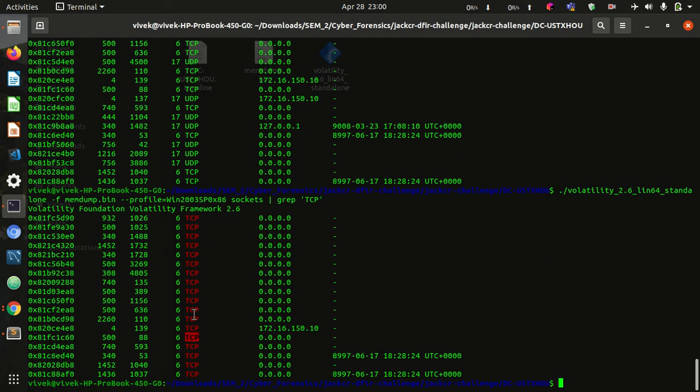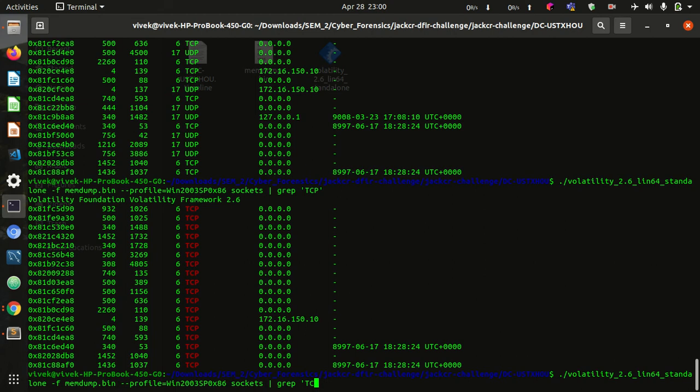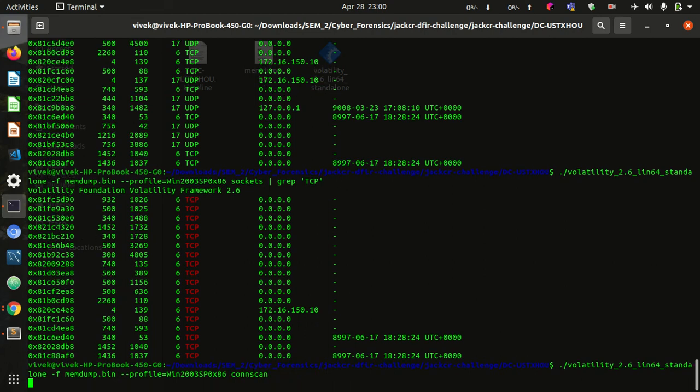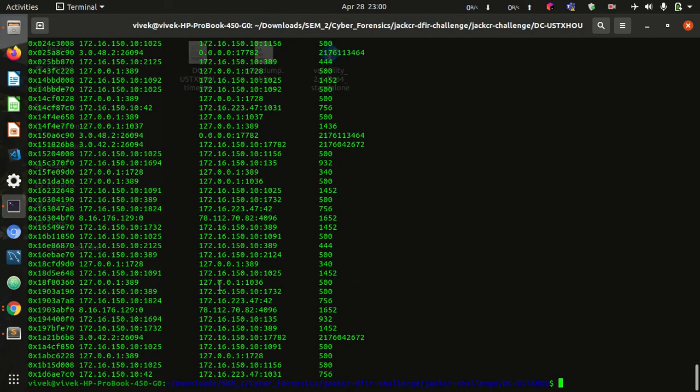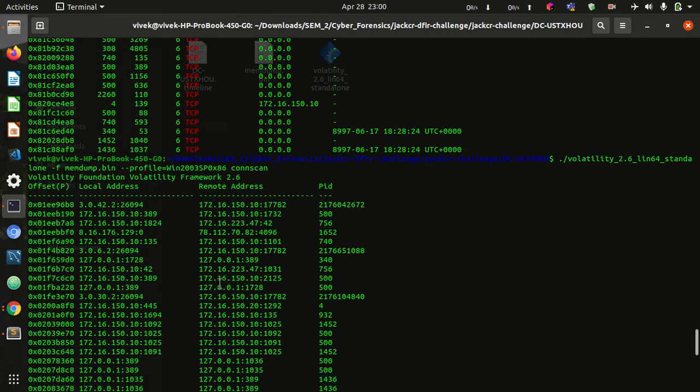So there are more network commands, like we have the connection scan command. So these are all the connections in the system at the time when this dump was created. And here also we have process IDs associated with it.